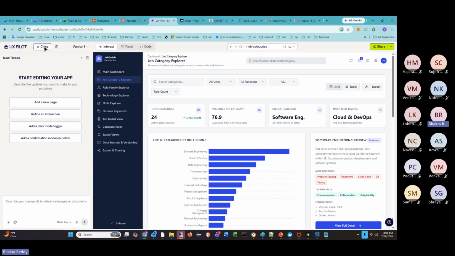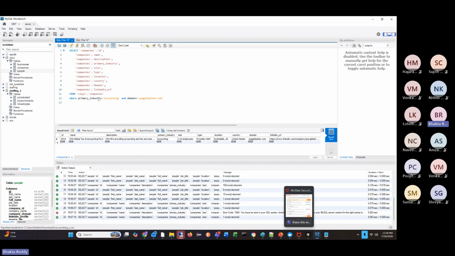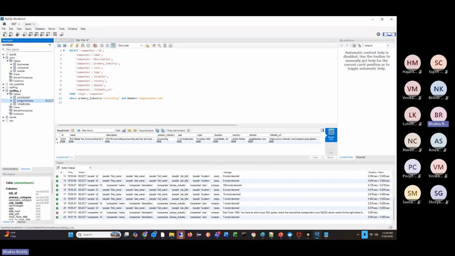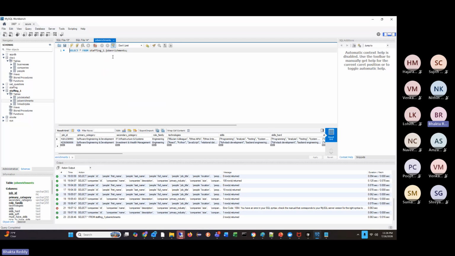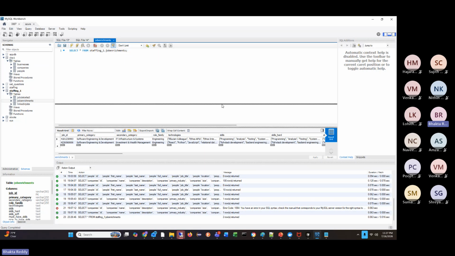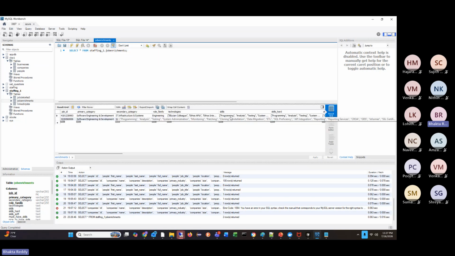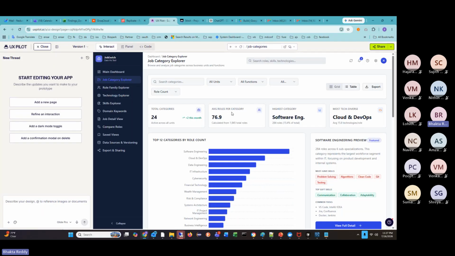The prompt is that we are taking enrichment information: primary category, secondary category, role, technology, skills, and we believe that we can get excellent insights from this. So based on this information, we created